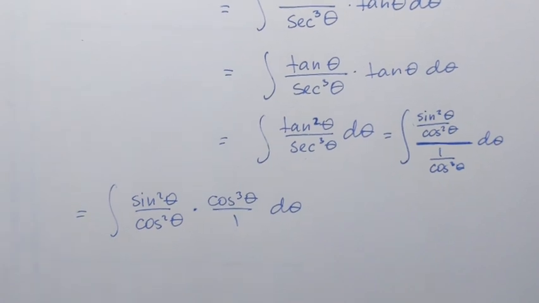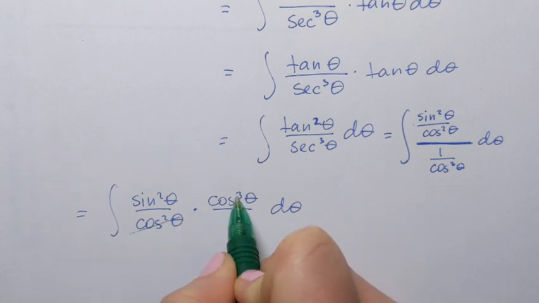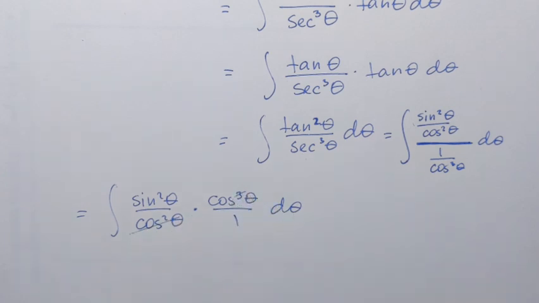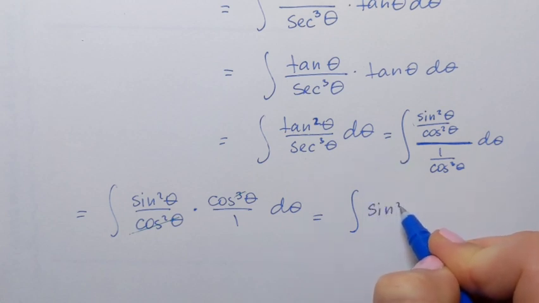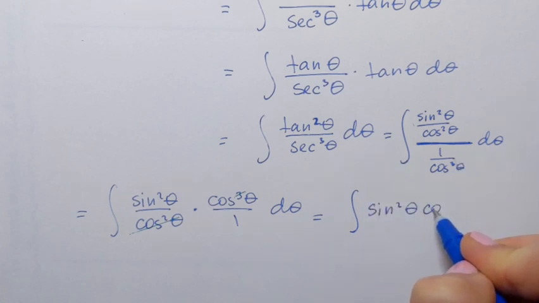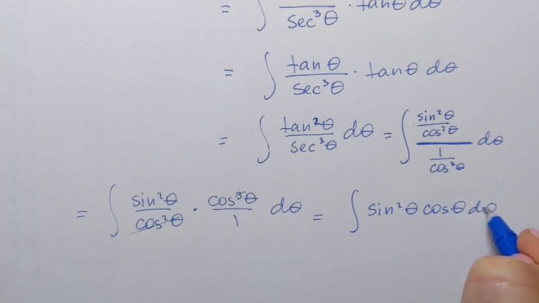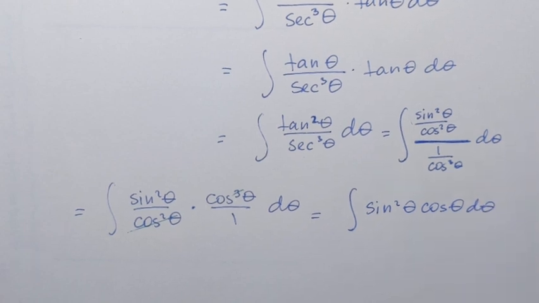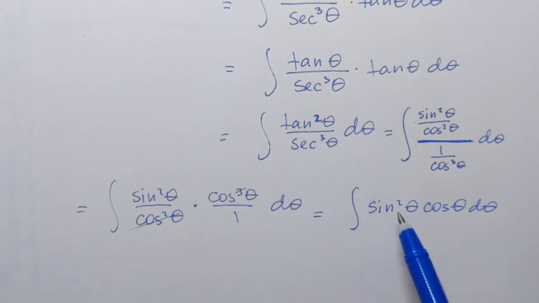So here we can divide out cosine squared. That's gone. That means that our integral is sine squared of theta cosine theta d theta. Okay. Next will be to think how to integrate that, but let's recap real quick all the steps that we've done